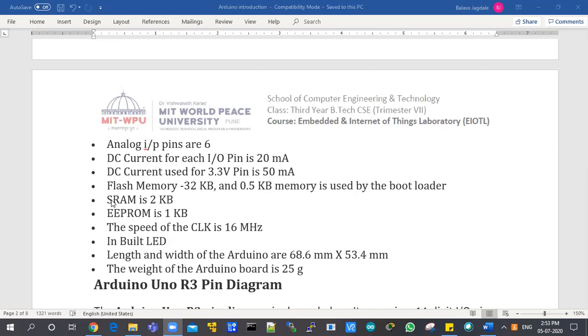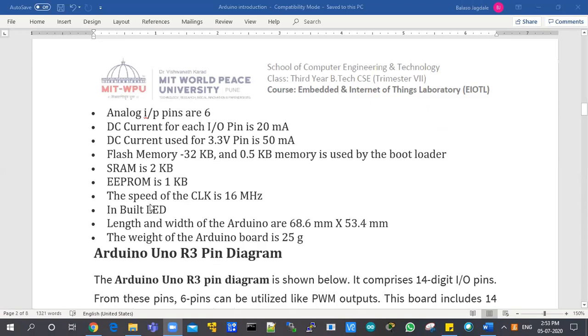That's the static RAM, like the RAM available in the board. So it's not a huge one. I mean, you have to see that your program should fit. In some other versions you will find more of these capacities, but you have to check the board specification, because these are the specifications of the Arduino Uno board.